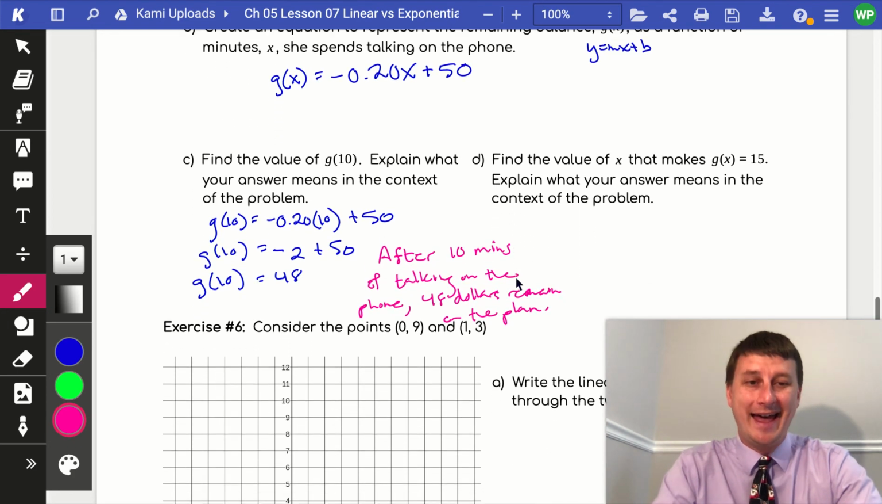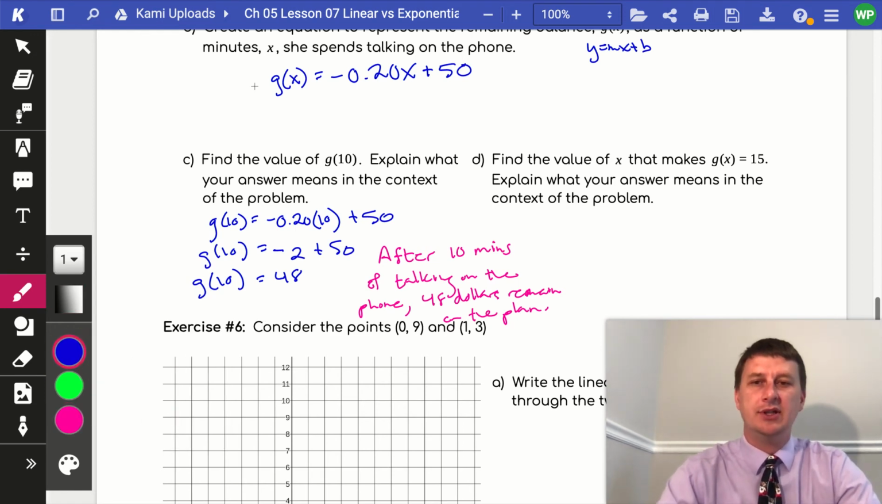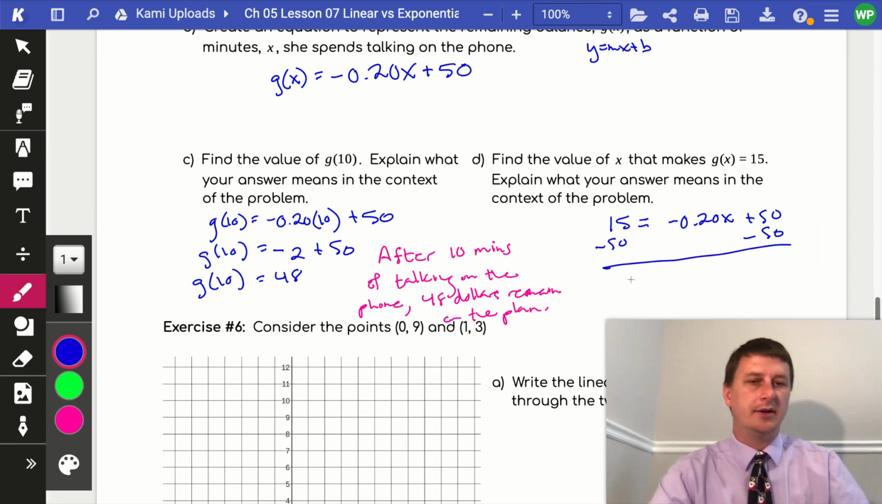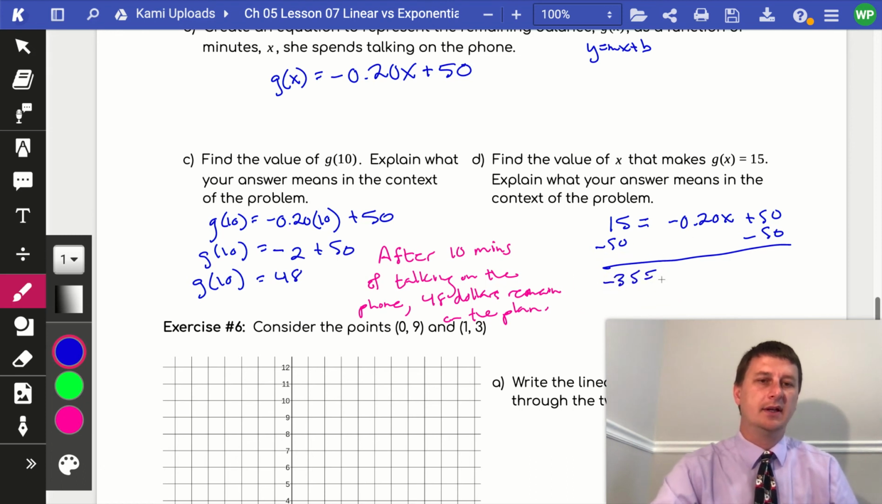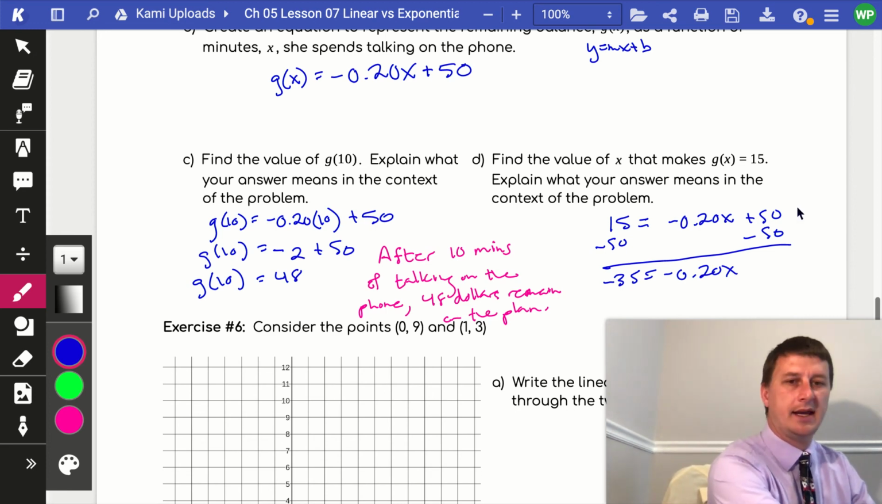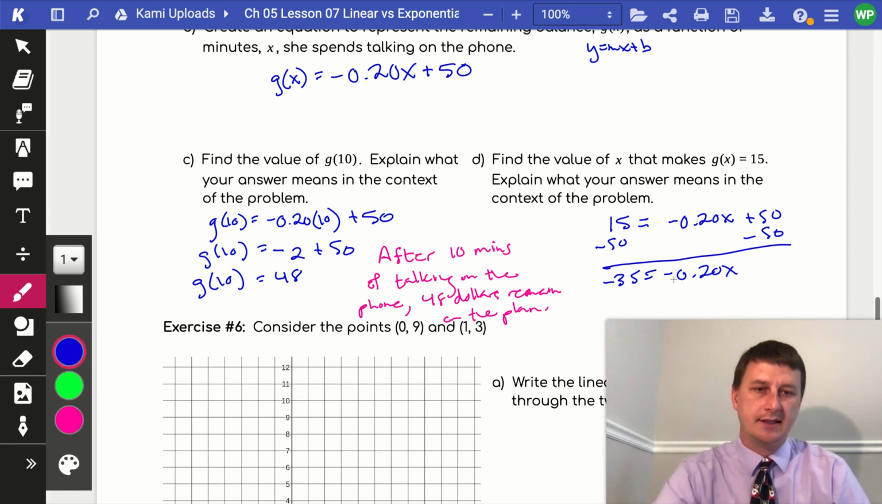So now find the value of x that makes g of x equal to 15. So now we're given what g of x equals, so we'll replace g of x over here with 15. And we'll just keep everything else exactly how it is. And we're going to be solving for x now, so let's subtract 50 from both sides. And we're going to get 15 minus 50 is going to give us negative 35 is equal to negative 20 cents x. And we want to go ahead and divide negative 35 divided by negative 20 cents. That's going to give us an x value of